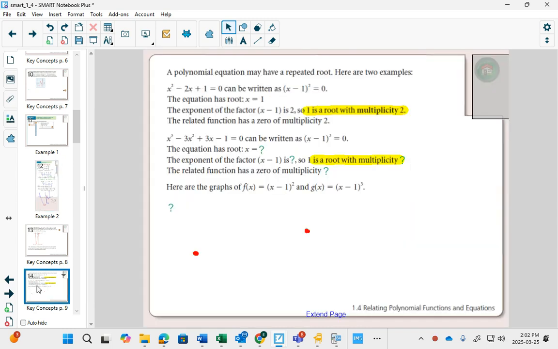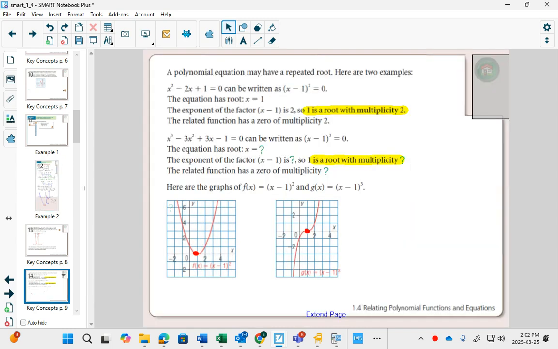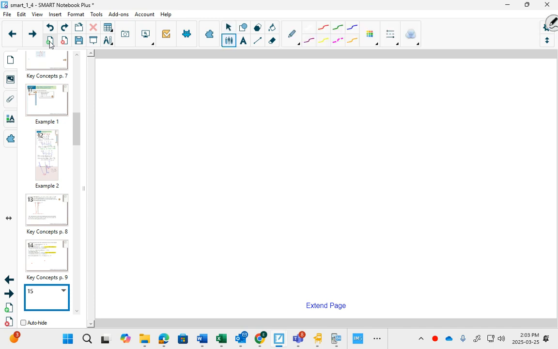But we're finding out that if it has a multiplicity of 2, it bounces. And if it has a multiplicity of 3, like an x cubed graph does, it bends and flattens out at the x-intercept before going back up again. So, beside these two graphs, we're going to add some notes. We're going to start off